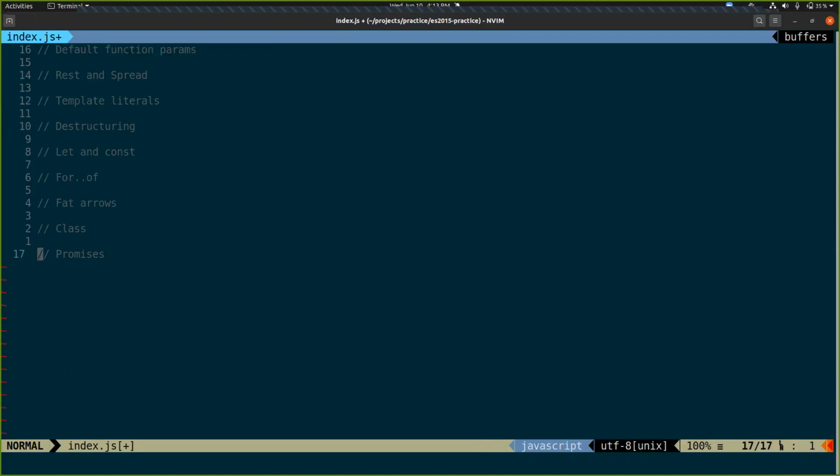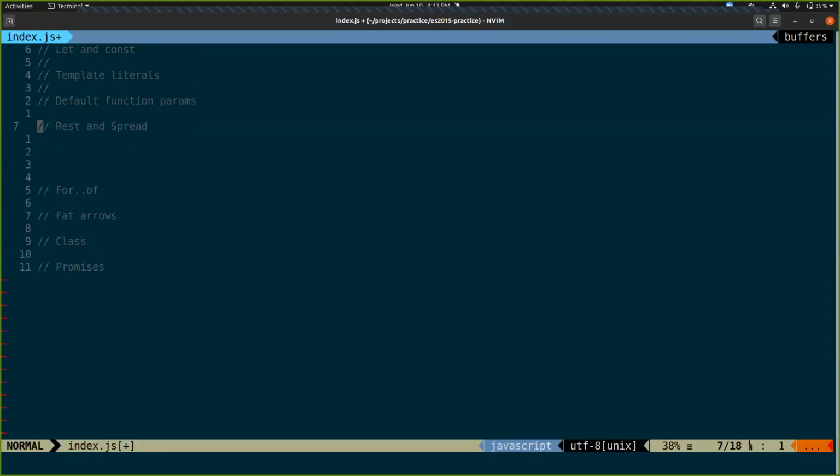Cool. I would call all of these the salient parts of ES2015. There's a few other things, but a lot of them are more about performance or they're just used less frequently. Some of the stuff you should already be pretty good at: let and const, template literals.